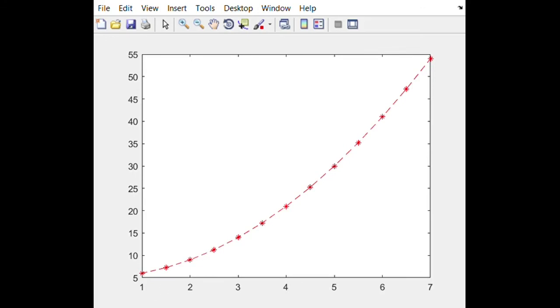Oh, okay, so the plot appeared. You can see in the x-axis we have the values of x, which range from 1 to 7, and in the y-axis we have the value of the function, which is add power of x. So this is how you create a function and plot it. We can also take in multiple arguments of x.